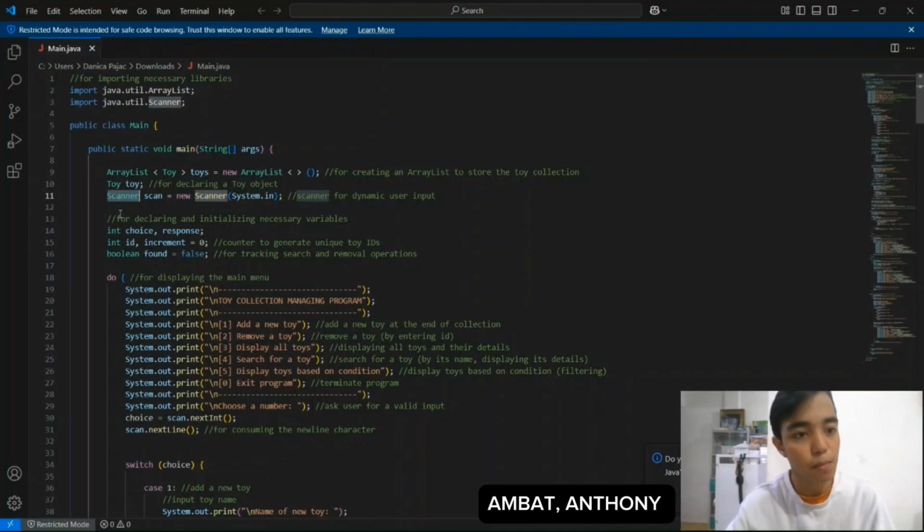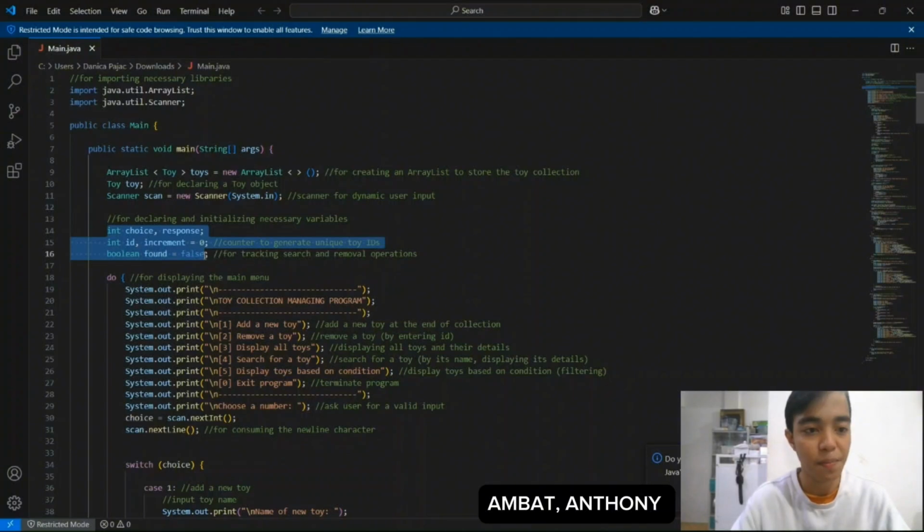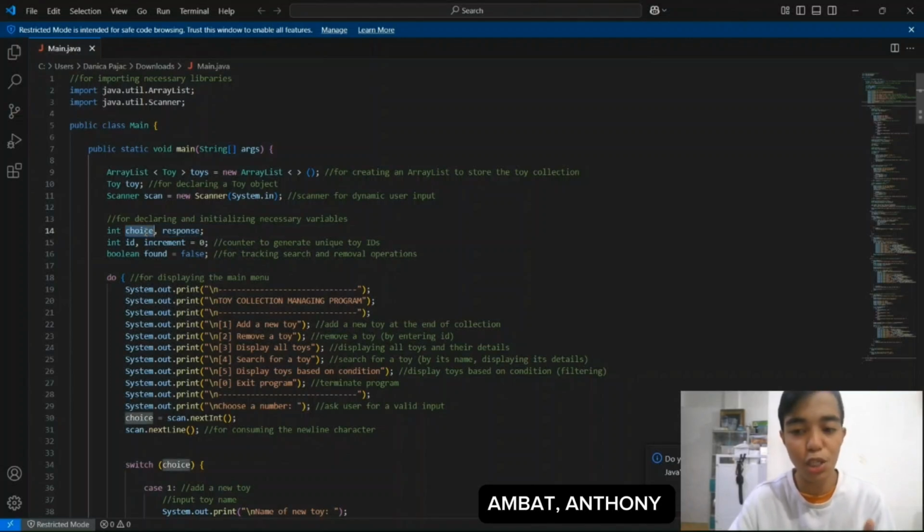We have variable declarations: int choice and response, int ID and increment equal to 0, and boolean found equal to false. Choice stores the user's menu selection. Next we have response, which is used for handling user responses in certain conditions.